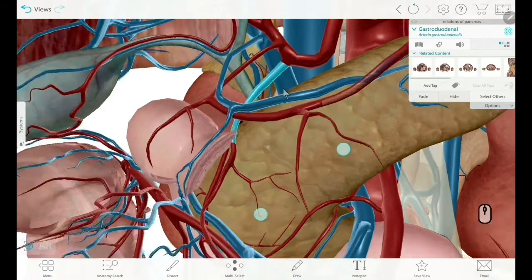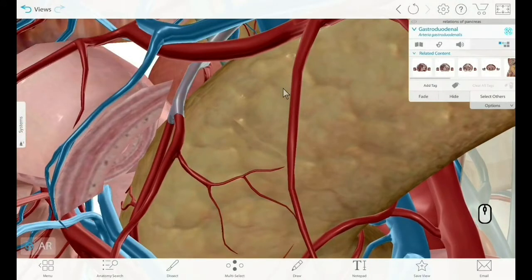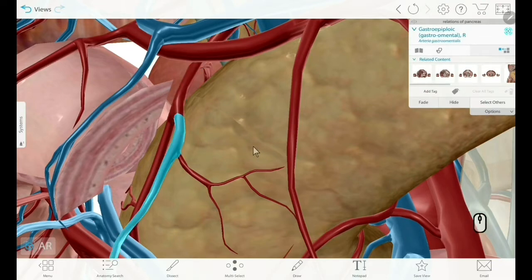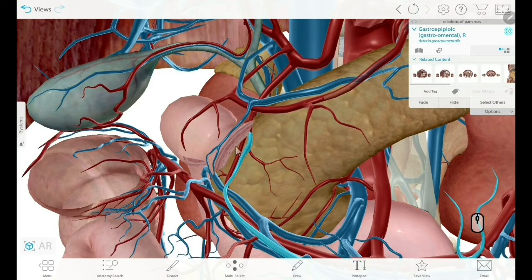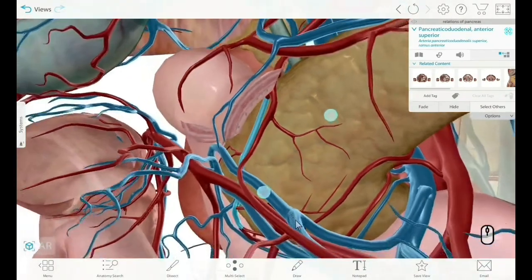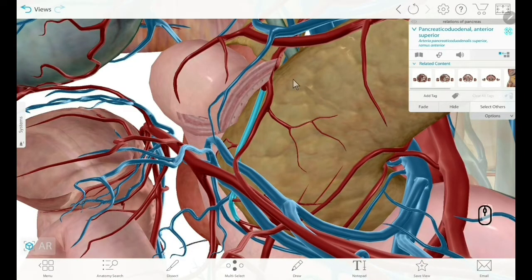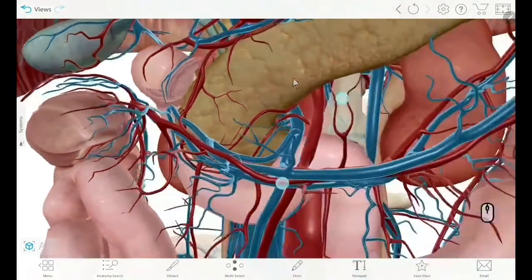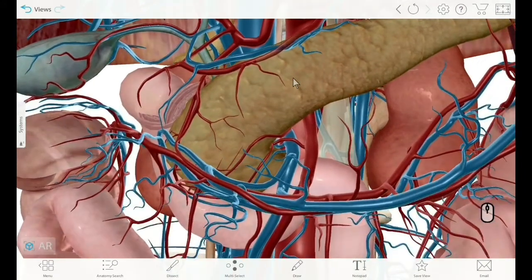Now we can see the gastroduodenal artery is splitting into two arteries. This on the left side, and this on the right side. So this artery which is taking an arched course is the right gastroepiploic artery, and this artery over here is the superior pancreatico-duodenal artery. It's lying along the superior border of the head of the pancreas and supplying the duodenum, so it's called the superior pancreatico-duodenal artery. Now with this we are finished off with the branches of celiac trunk,